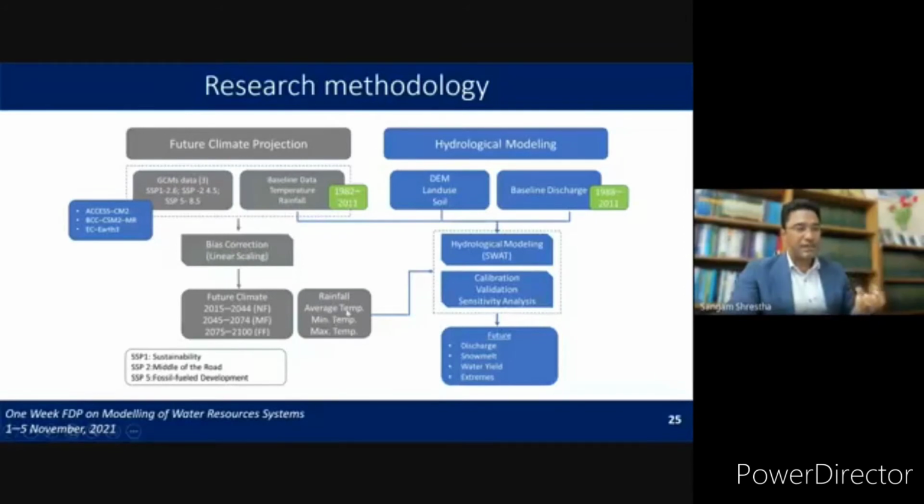And once we have this future climate data, we can feed these future climate data into the hydrological model, and we can simulate how hydrological processes change in the future. So the second step is hydrological modeling, and in the hydrological modeling, we use a model called the Soil and Water Assessment Tool. This model is developed by USDA in collaboration with Texas A&M University, and this is a physically based semi-distributed hydrological model